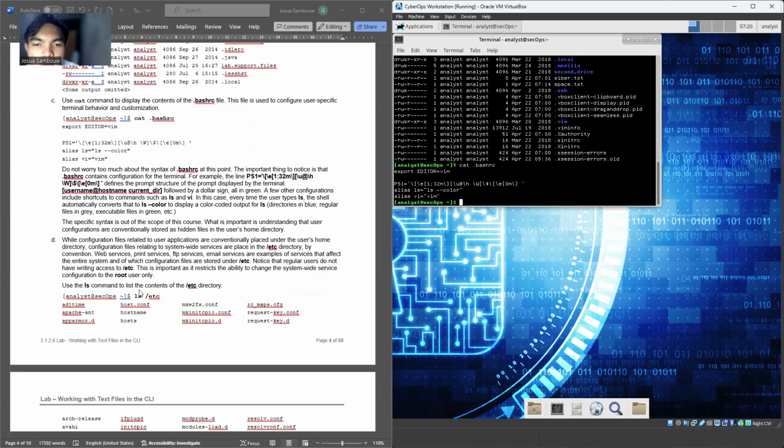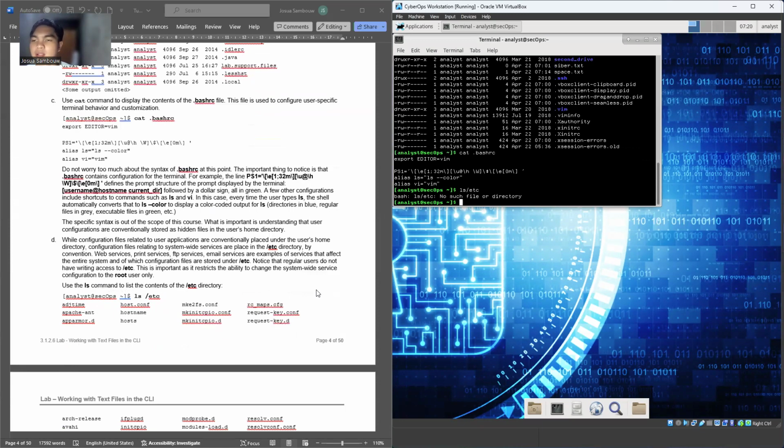Use the ls command to list the contents of the directory. Okay. Try ls slash etc. No such file or directory.